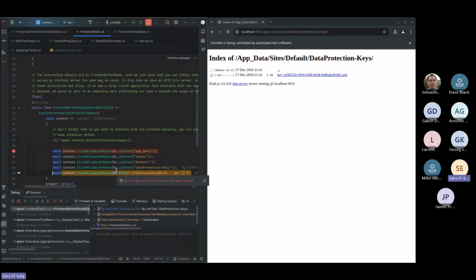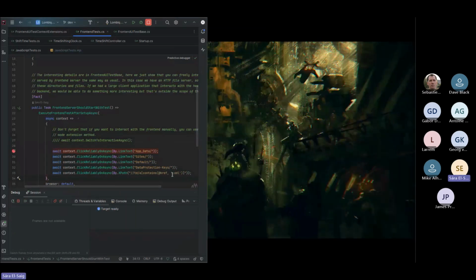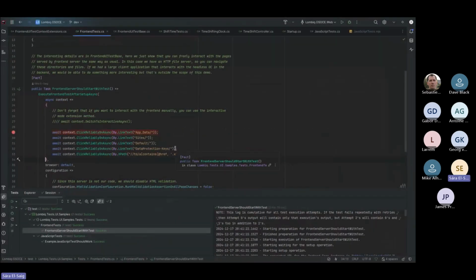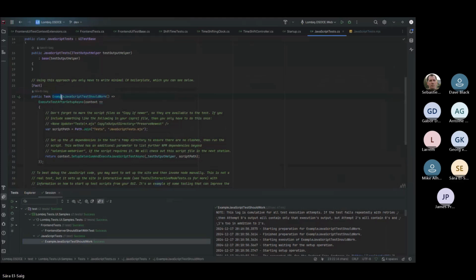So it is kind of a transparent way to interact with a front end. And that's pretty useful if you are the Orchard Core developer who creates a test. But if you're not, that's why we have the other feature, which is